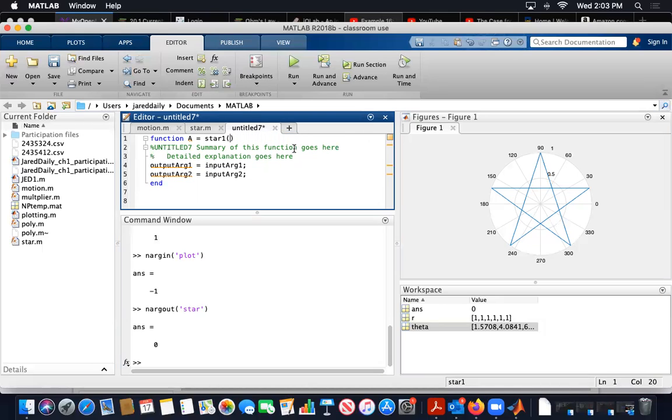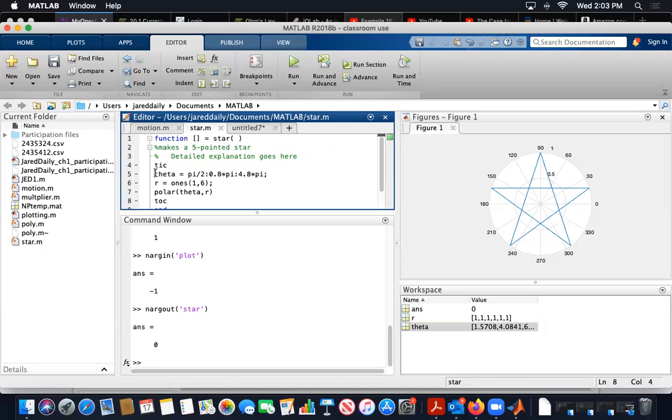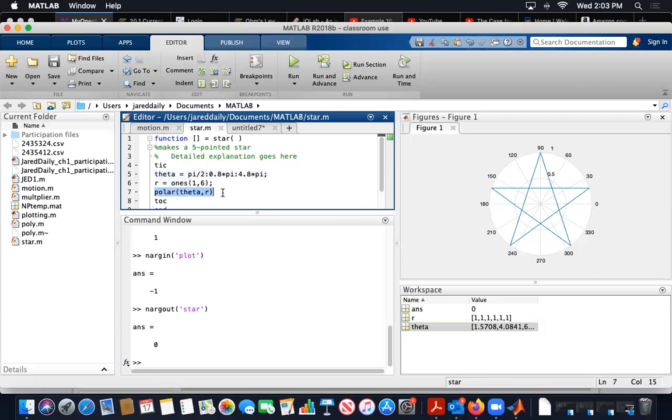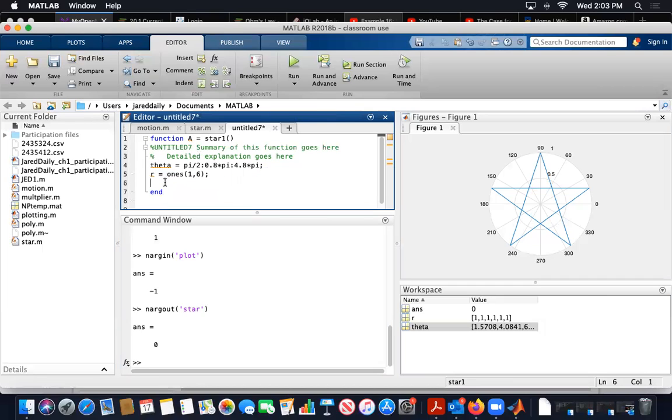We're actually doing the same things that we had in star. So I'm just going to go over here to copy it. The theta and the r's are the same, right? I'm just going to copy those over here, paste. But it has one extra line in it. R1 is polar, theta, r. Forgot the polar part. Copy. Polar theta r. But it has one last one, and it says if